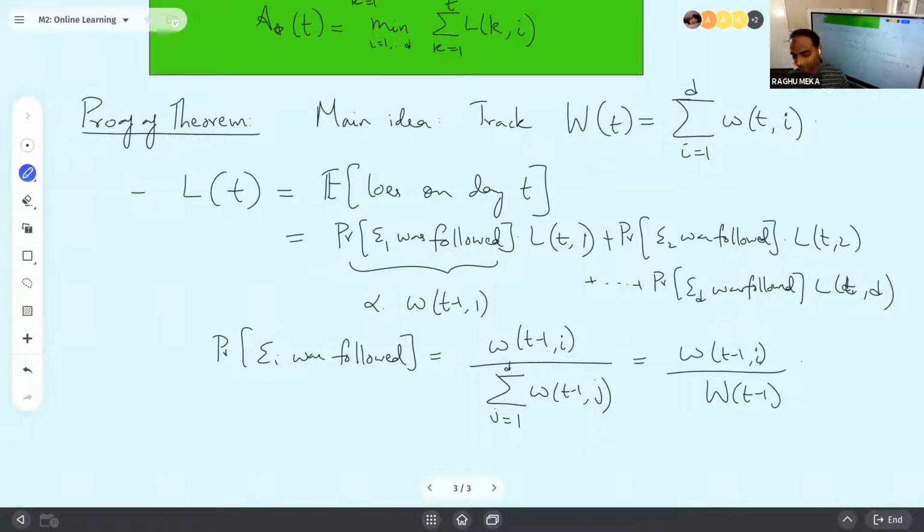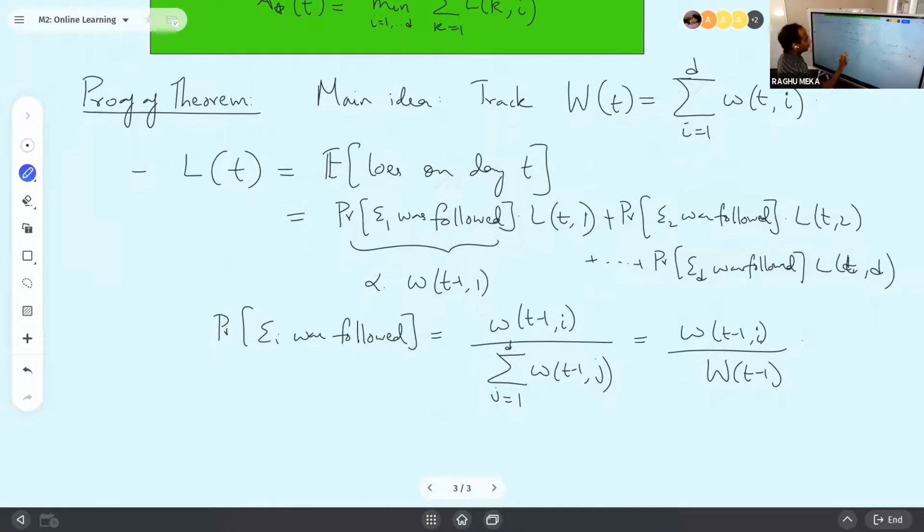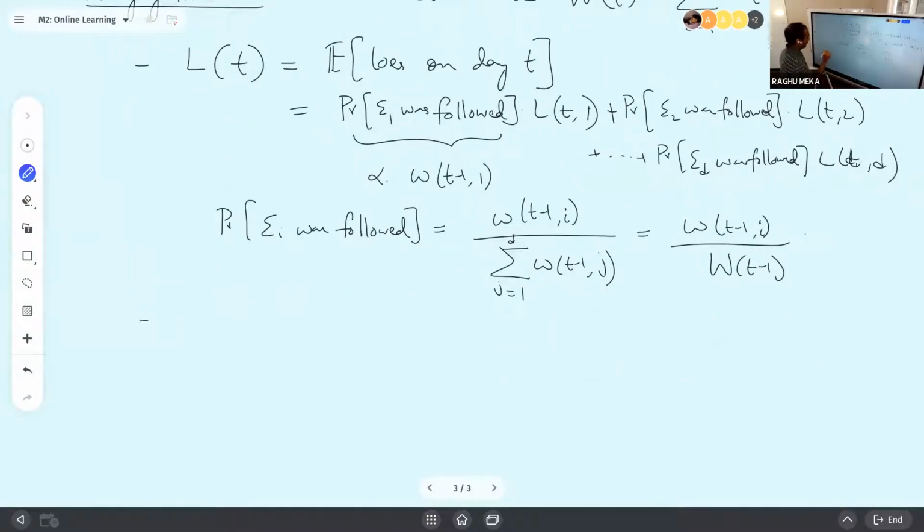That's essentially what we have, right? Okay, so let's put these two things together, and we have that the expected loss that we incur is exactly 1 over W of t minus 1 times the summation i equals 1 to d of